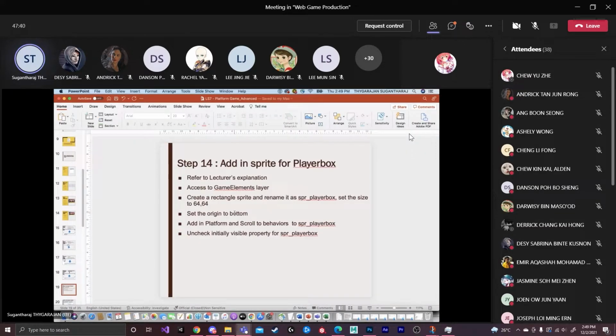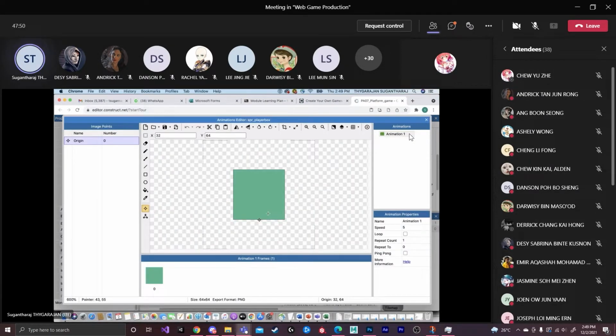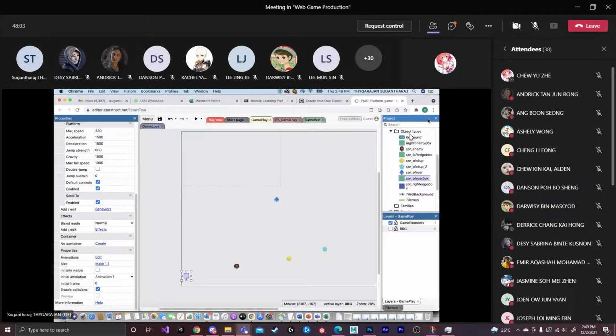Okay, so these 3 things you need to follow. And then you can set the origin to bottom. That one is under the animation. You just double click. Then you can see right click here, then quick assign bottom. So this is the one which we applied for animation. Exactly the same thing you can apply for the SPR player box also.